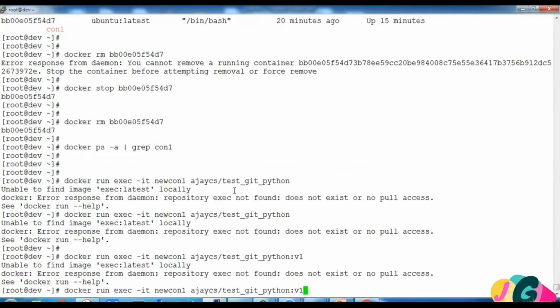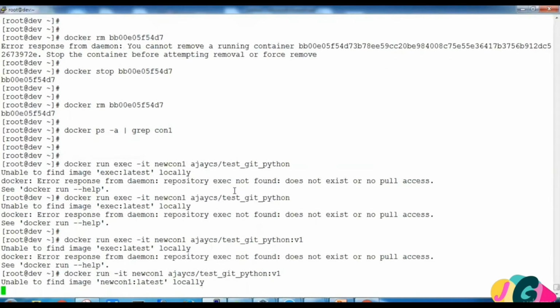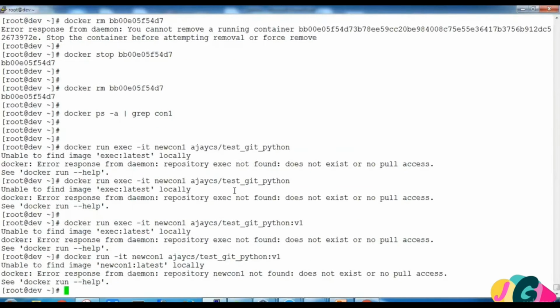So here we are not going to do any execution, so run is okay to go without exec. Now what it says, con1 not found. So hyphen name we have to say.